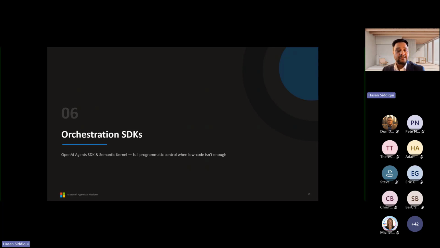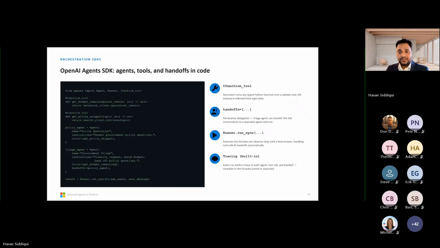We can look at the OpenAI Agents SDK, its actual code shape and orchestration pattern, and then Semantic Kernel, Microsoft's own orchestration framework, and how we can utilize it.